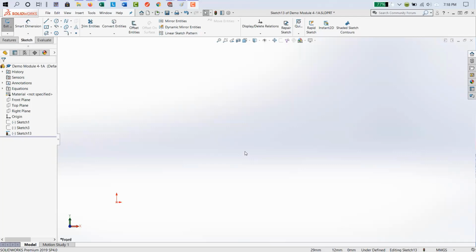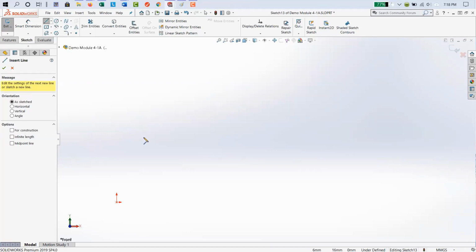Our next step is to begin drawing our sketch lines. So we go up to the Command Manager, select the Line tool, come down to the drawing area. Notice that the cursor has changed. It has a pencil with a line on it. Watch what happens as I move around. The cursor changes and gives us different information. In this case, you're seeing a horizontal line at the end or a vertical line. You're also seeing these blue dash lines. Those are called inference lines, and they help us to line up existing geometry, and I'll show you more about that in just a minute.